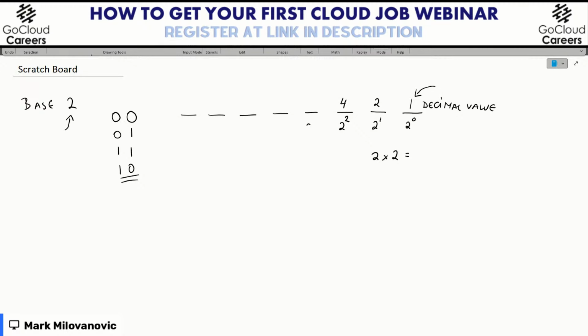So let's move on to the next column. It's 2 to the third power, right? So we said this was 4, and now we're doing 2 times 2 times 2. You all tell me, what is the result of 2 times 2 times 2? Or 2 to the third power? All right. You guys got it. Fantastic. 8.